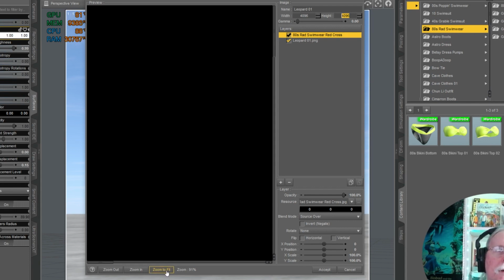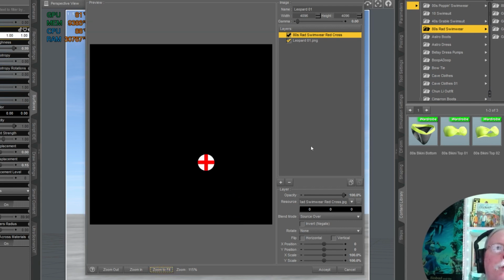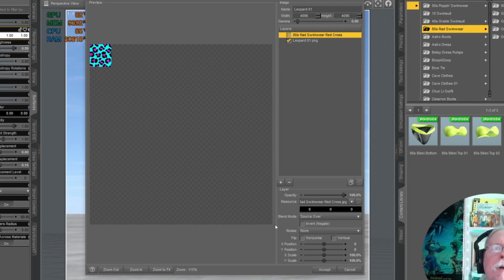Let's hit zoom to fit. So this is what we were working with before. The only thing is this leopard texture isn't the right size. So we can scale this up in here, and you have scaling tools. You can also adjust the positioning. You can flip it. You can rotate it some. Although I don't see options to tile it, which would have been nice, but oh well. I'm going to just scale this up to make sure it kind of fits. I'm not sure what the exact numbers are, but I think if I do like 900 here,